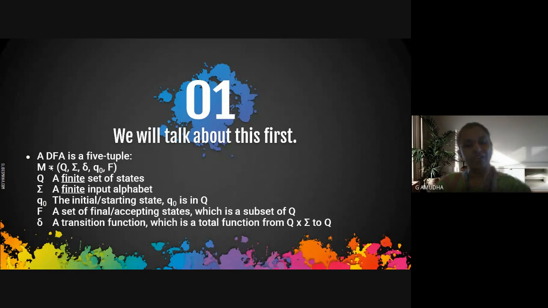There are two types: DFA and NFA. When, on reading an input in a particular state, there is a determined output state, it is termed as DFA. If, on reading an input, there are multiple options of states, it is termed as non-deterministic. Are you all getting the base concepts of automata theory?